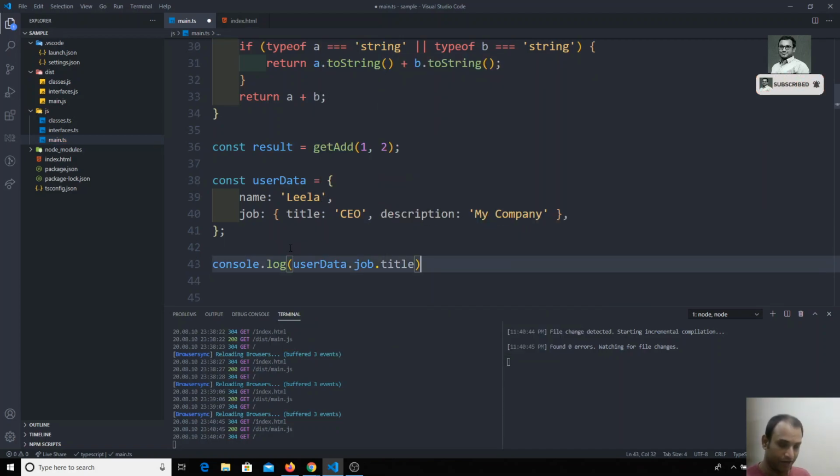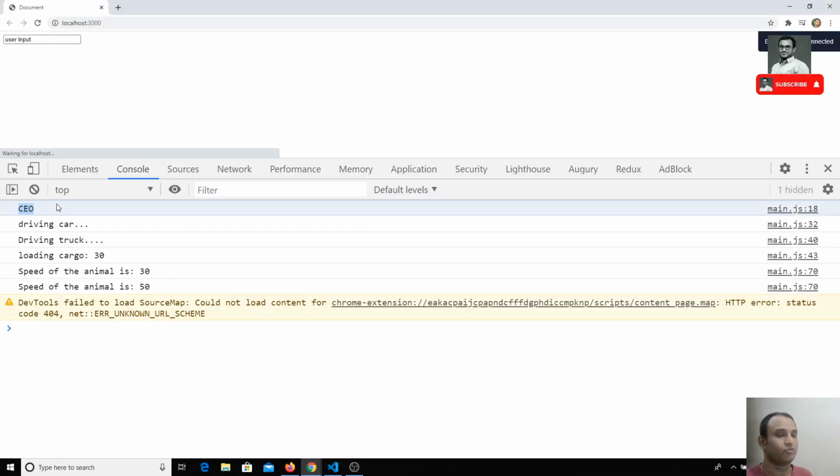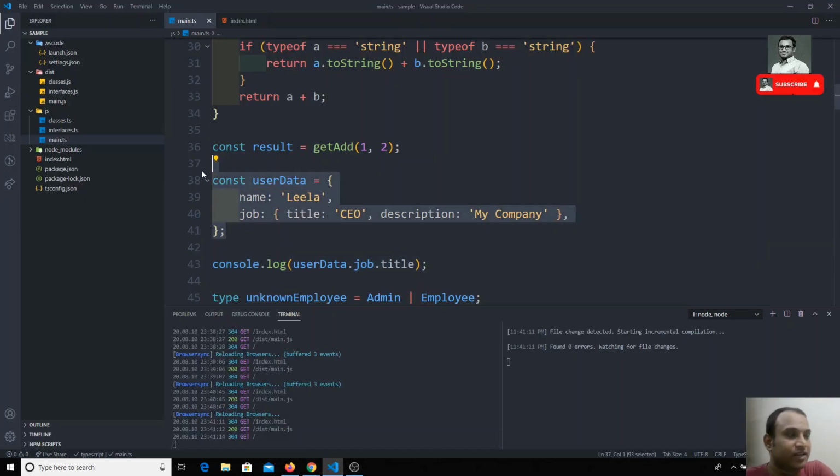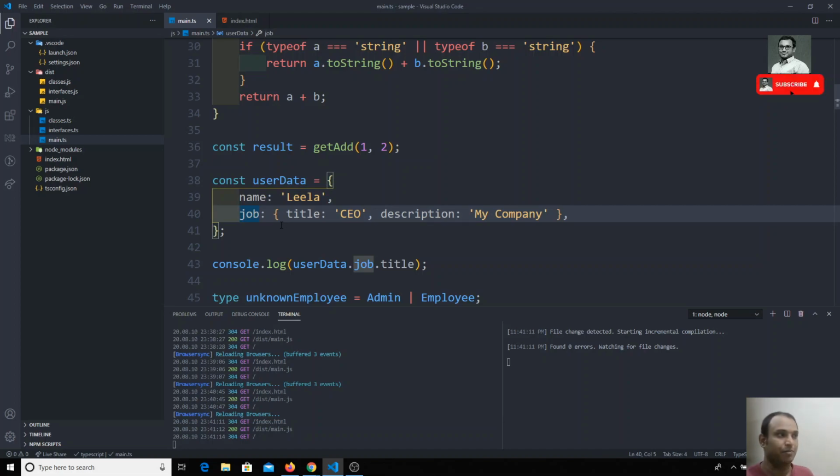If I check the output here, I'm able to get CEO. Okay, fine, it's correct. But in some cases, if the data is coming from the server, it will take some time, and we cannot estimate that this data will always be rendered. Sometimes job may not exist. So that means the job property may not come.